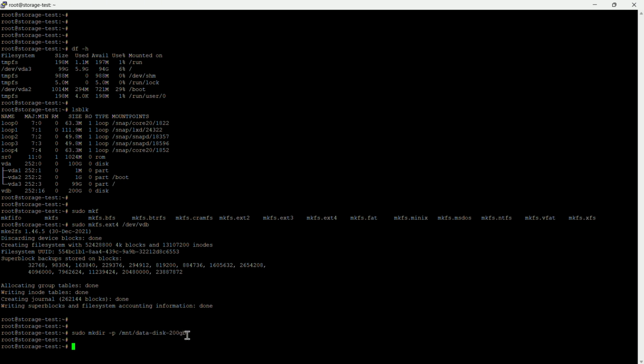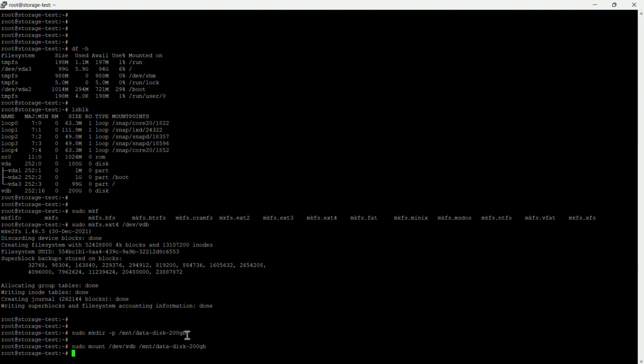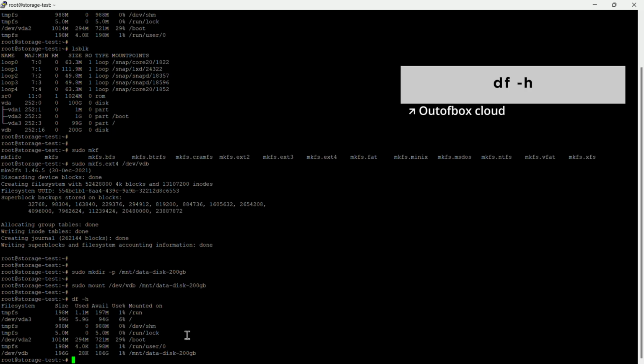Now mount the disk to the mount point with the command as shown. Verify the mount with the command as shown.